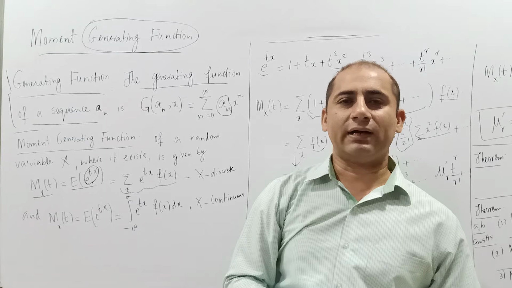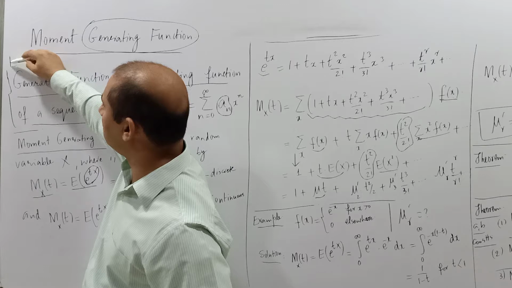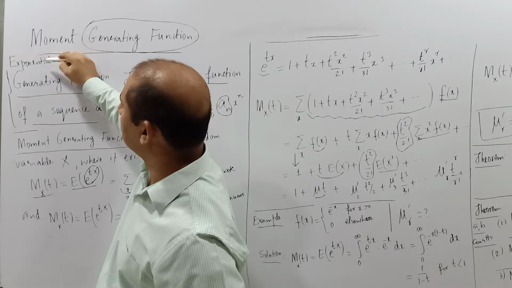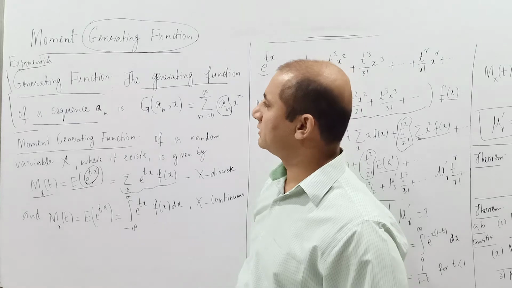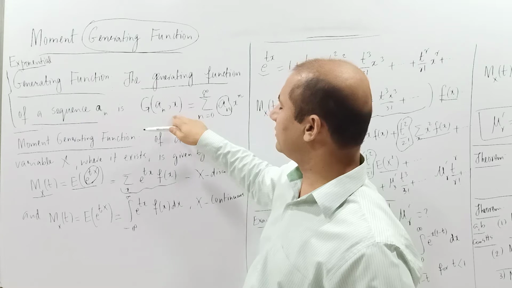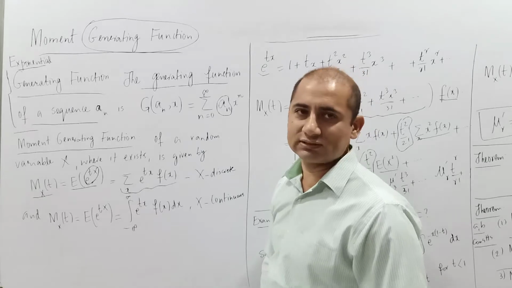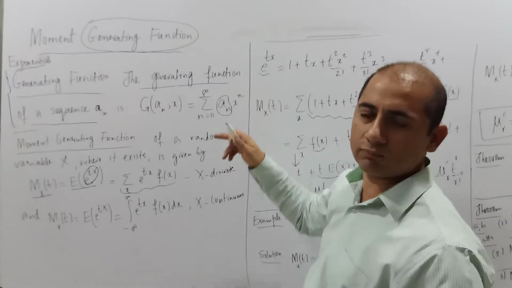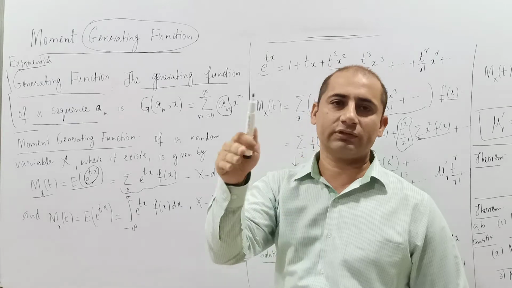We go one step ahead and we will talk about the exponential generating function. So if you for a while don't consider this term exponential, then the generating function of a sequence a_n is written like this: g_{a_n}(x). So x is the variable used and a_n corresponds to the sequence. This is basically a power series, and a naught will be the constant term, a1 will be the coefficient of x, and then a2 will be the coefficient of x square, and so on.